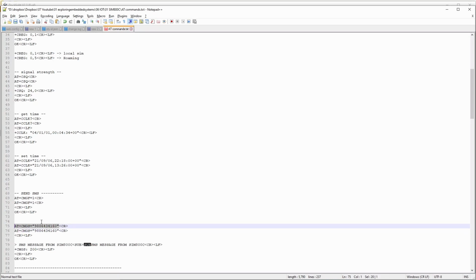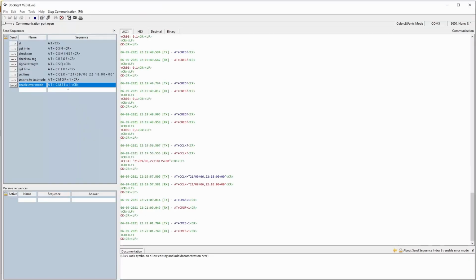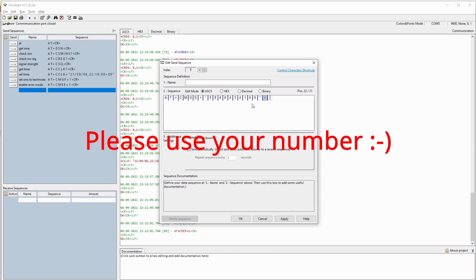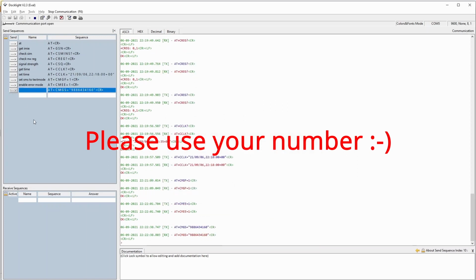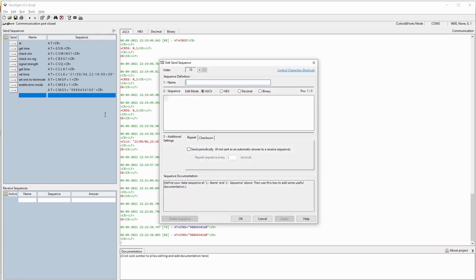Now I'll show you how to send the SMS. To send the SMS, first go here, put your mobile number, then it will show you this symbol, the greater than symbol. That means that you can send whatever text you want